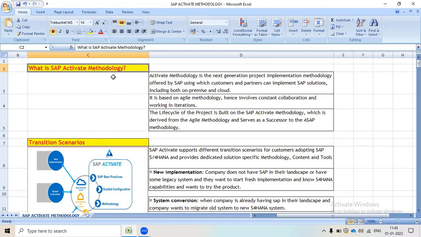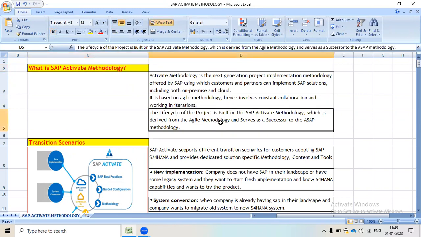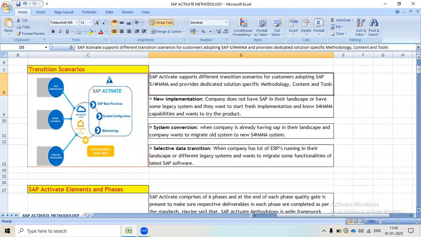The life cycle of the project is built on the SAP Activate methodology, which is derived from agile methodology and serves as a successor to the SAP methodology. So, in which transition scenarios is SAP providing support?